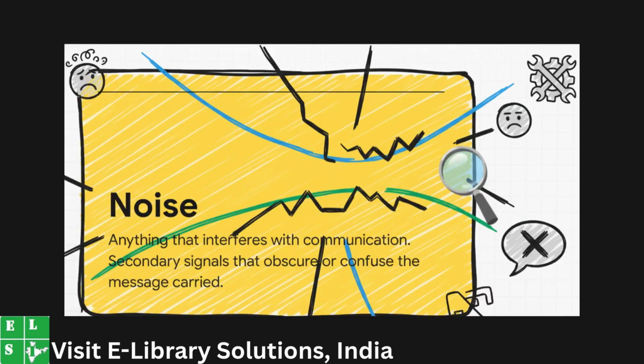Now, when I say noise, I don't just mean static on a bad phone call. In communication, noise is anything that messes with the message. It could be physical noise for sure, but it could also be confusing corporate jargon that no one understands. Or, and this is a big one, it could be your own emotions. Ever read an email when you're already in a bad mood? Yeah, that mood is noise, and it totally changes how you interpret the words.